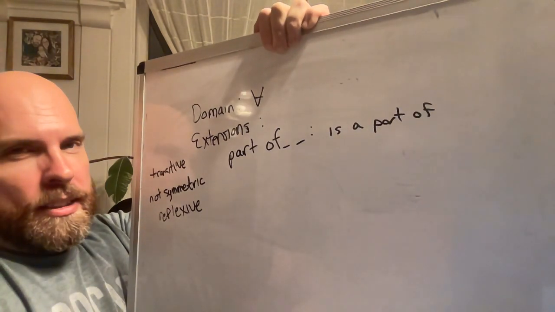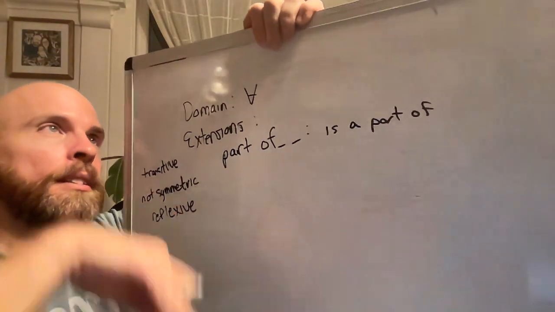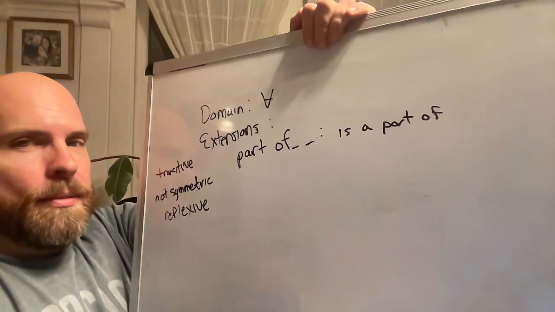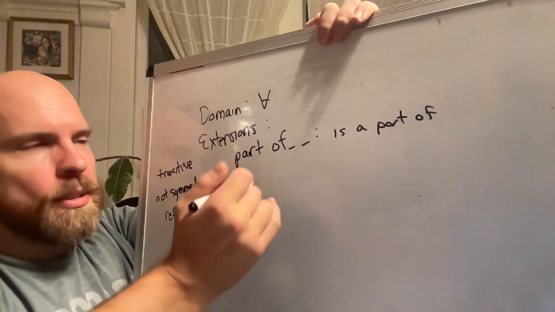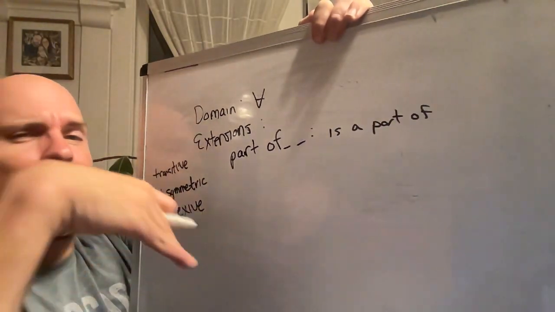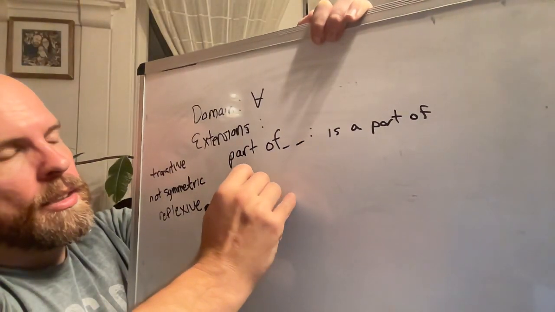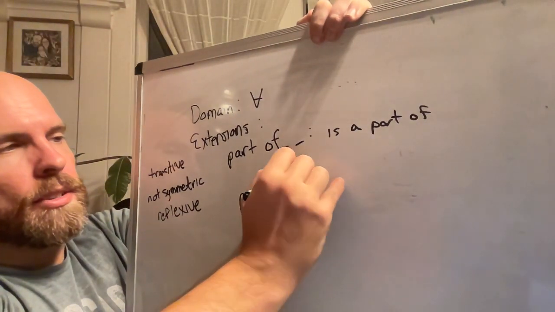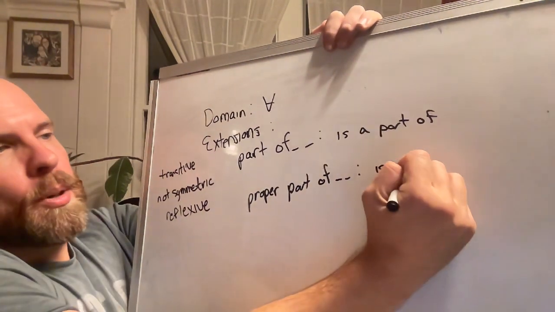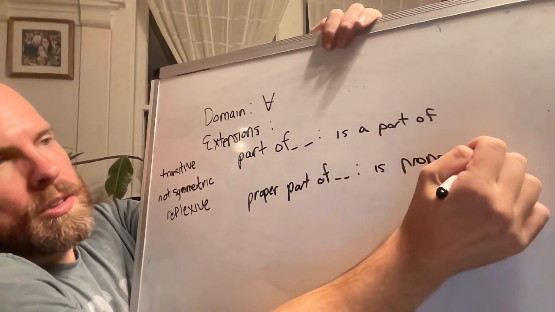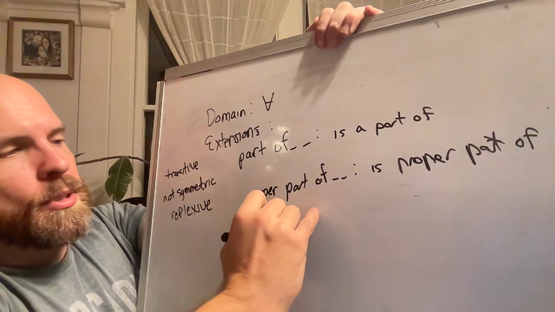Now this is an interesting tension we have. We have transitivity for sure. Reflexive, if I'm right. And incidentally, if we want to talk about smaller parts, which I think a lot of folks in natural language do mean, the parts that aren't exactly you, but things like your hair or your hand, we can define that smaller part relation here. Proper part of is just like this. It's equal to part of